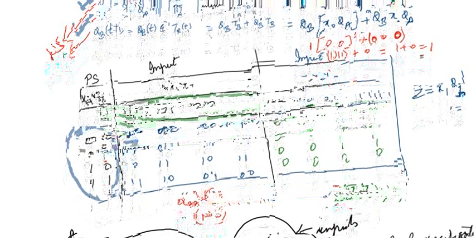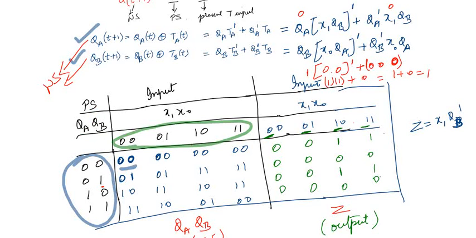So what are the possibilities? Two values we have in these two flip-flops, that is your QA and QB. So totally 4 states are possible. Similarly, two inputs x1 and x0, so 4 are possible. Okay, so if you look at this expression, the next state depends on the present state as well as the input value x1. Here also the next state for QB depends on the present state and x0 values, like this, right?